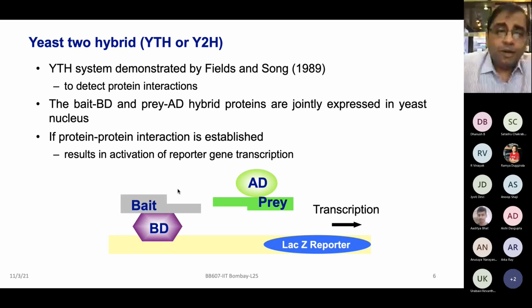Other approaches, you have yeast two-hybrid, which you have already studied earlier conventionally. Again, you have to do some cloning work here, and you have to look for the bait and prey interaction to happen. And in the yeast environment, Saccharomyces cerevisiae is favorably used for doing the yeast two-hybrid. Here you are looking at how the bait and prey interact, which are linked to the BD domain and AD domain, and then the transcription process could be initiated, which could be monitored with the LacZ reporter. So this is how you can monitor that if the two are coming close, then the transcription will initiate, and that could be monitored with the LacZ.